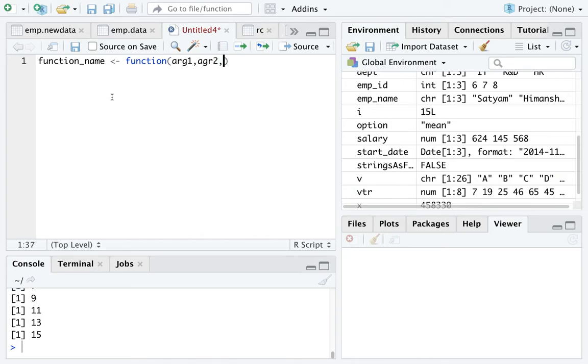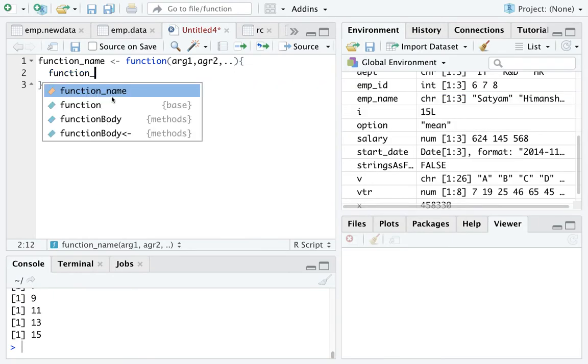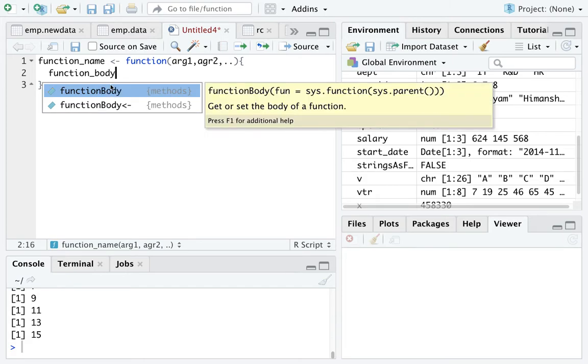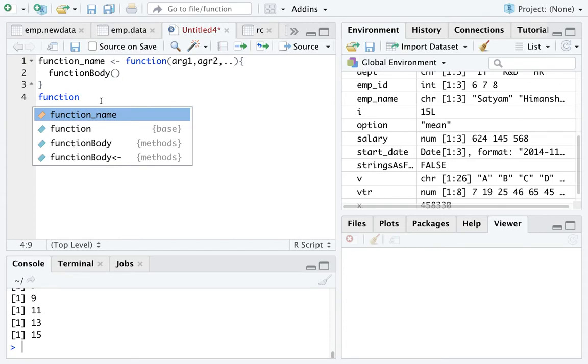You can write many times. And then you go for the function body, and that's all. So the different parts of the function, if you write a function over there,